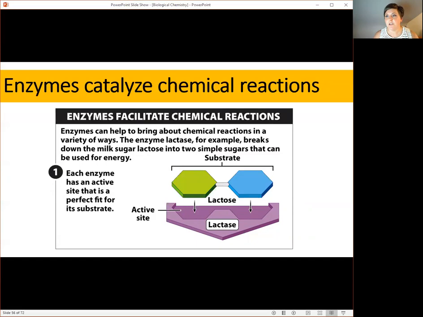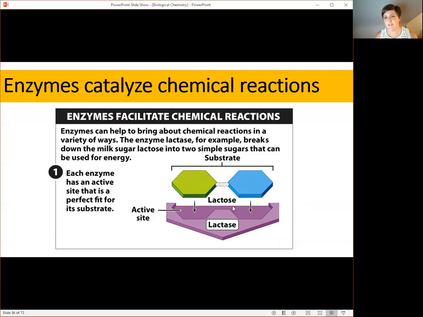In order for this reaction to take place, lactose, the substrate, must fit into the active site of the enzyme. It is important to understand that enzymes are absolutely specific for the reactions they catalyze. Furthermore, the active site of an enzyme is absolutely specific for the substrate that fits in it. You can see here that the active site of lactase, the enzyme that catalyzes this reaction, is perfectly suited to accommodate lactose. When it comes to substrate specificity, no other substrate other than lactose would fit in the active site of lactase.